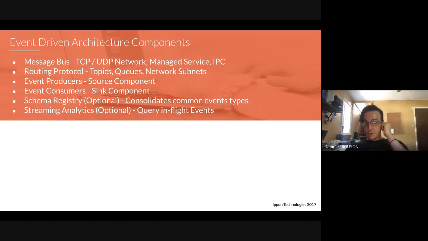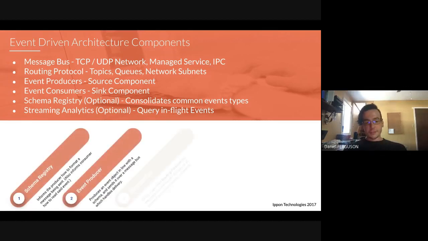Sometimes, for those of you that are familiar with Kafka, you'll have a schema registry, something that takes common events and binds them to types. This is kind of a cool way of normalizing all your events. And for those of you that are also familiar with Kafka, you may also have streaming analytics over your event bus. This is kind of a newer concept. Kinesis does this as well. This is a new area in event-driven architecture that's coming out with a lot of different updates and changes as time goes on. But it's still technically optional because many event architectures really don't need it.